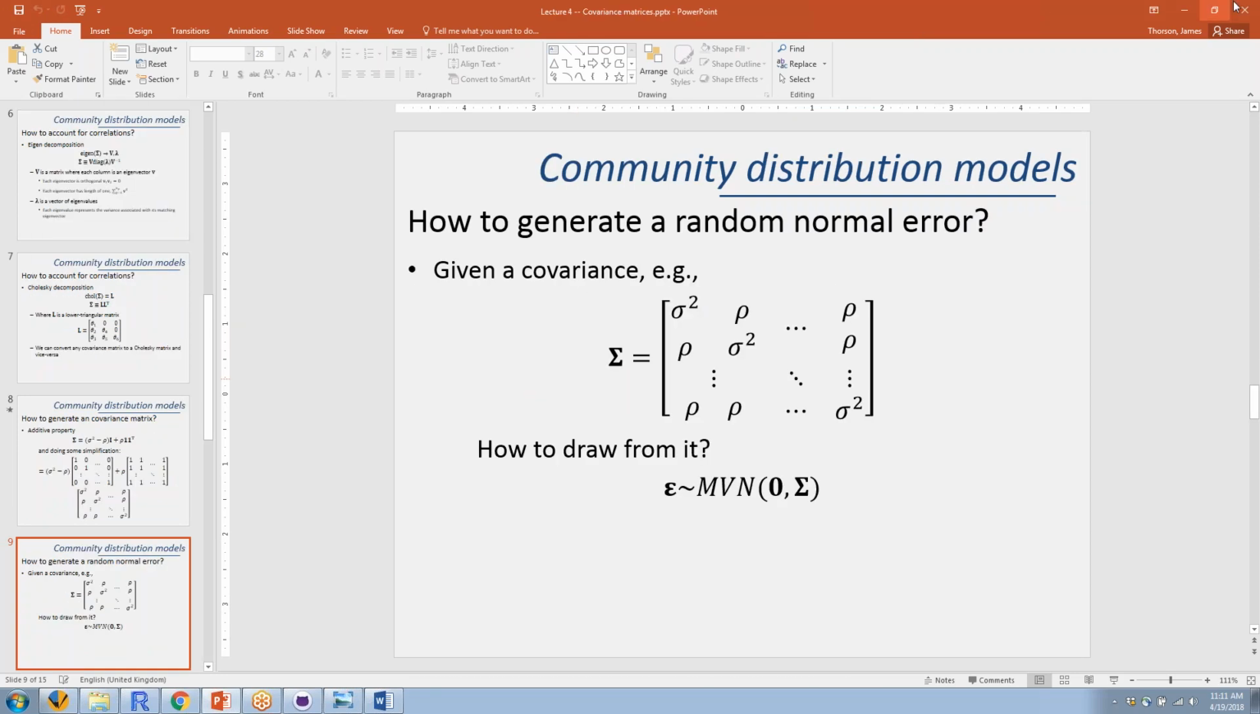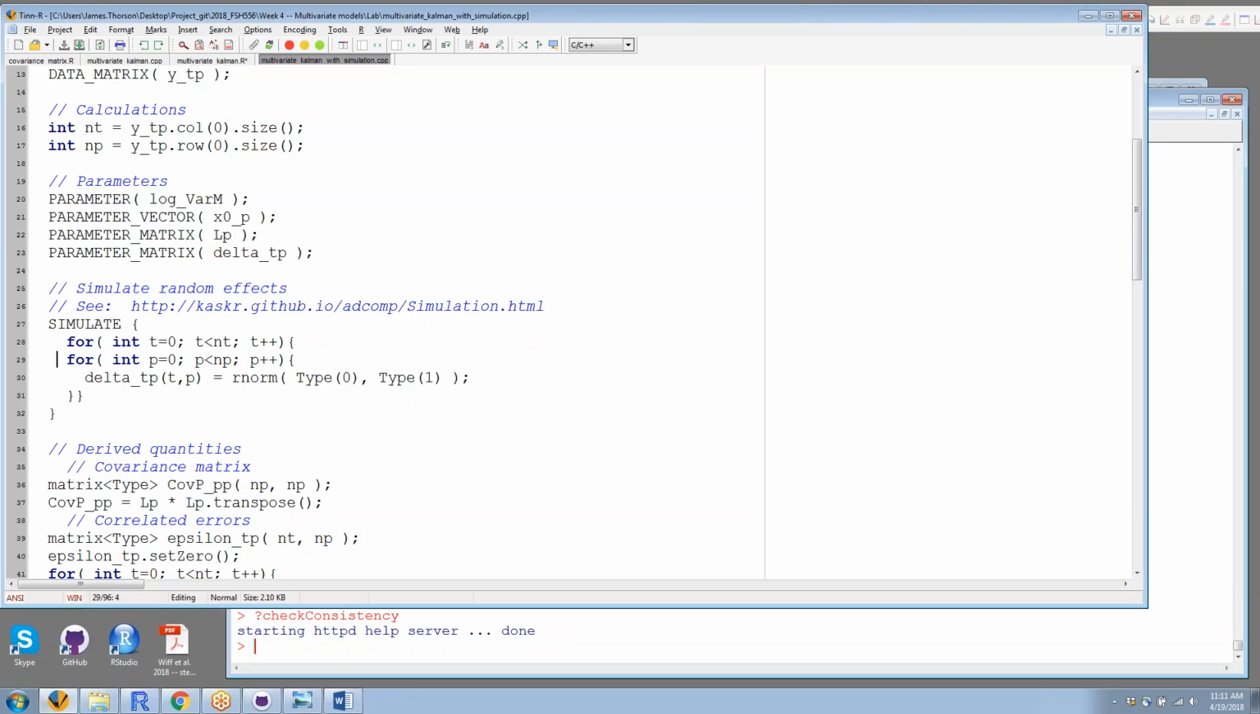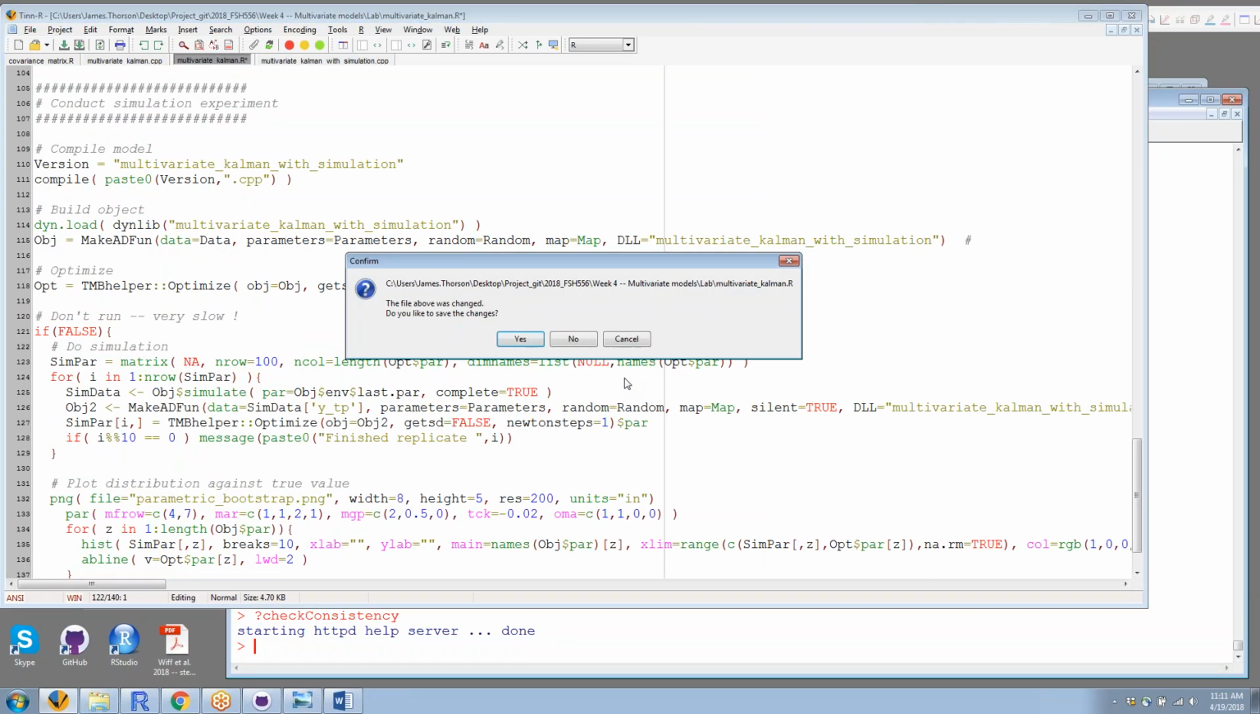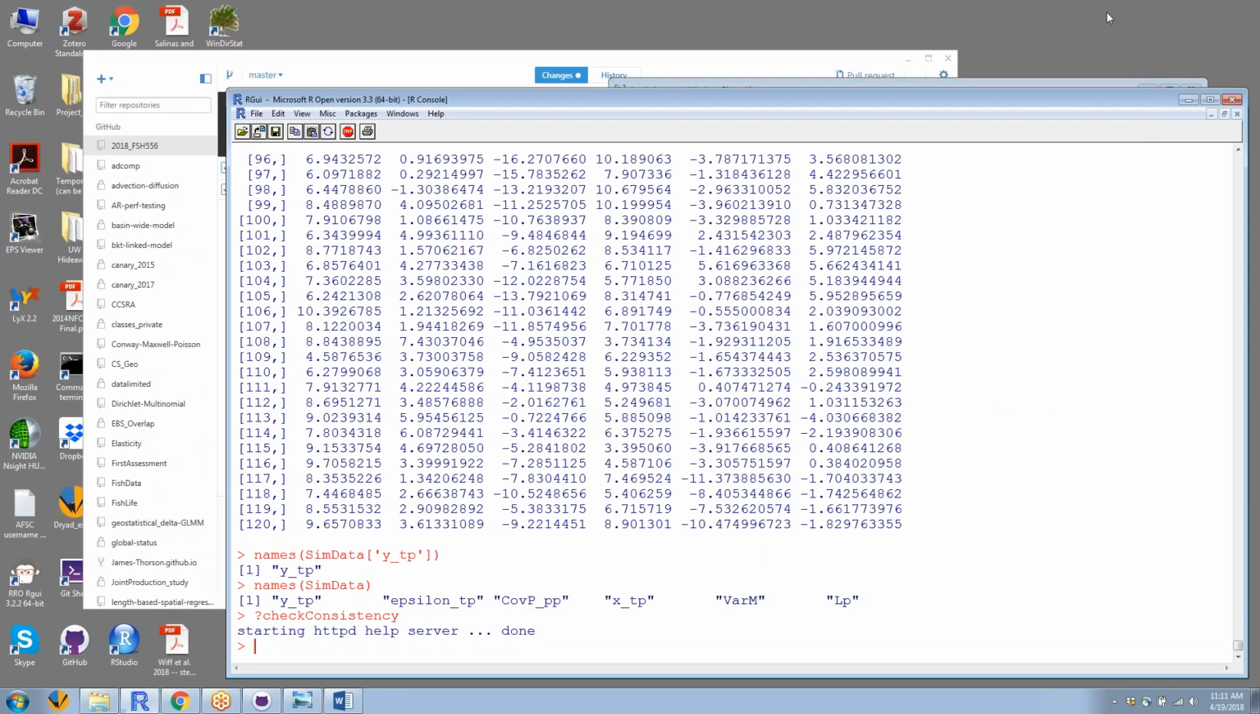Wait, Jim, in the C++ code, you could just have this function that just says .row(0). Does that just give